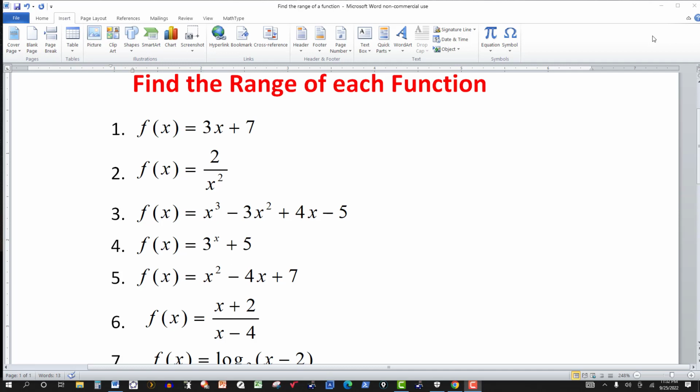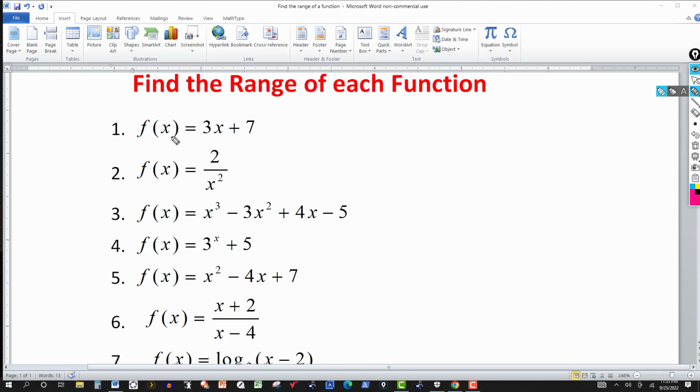In this video, we're going to look at how to find the range of a function. Some of these will be polynomials, rational functions, exponential, log functions. It's a little bit easier to find the domain than it is to find the range. So I'm going to focus on the range, but just to point out the difference in the two, how they're